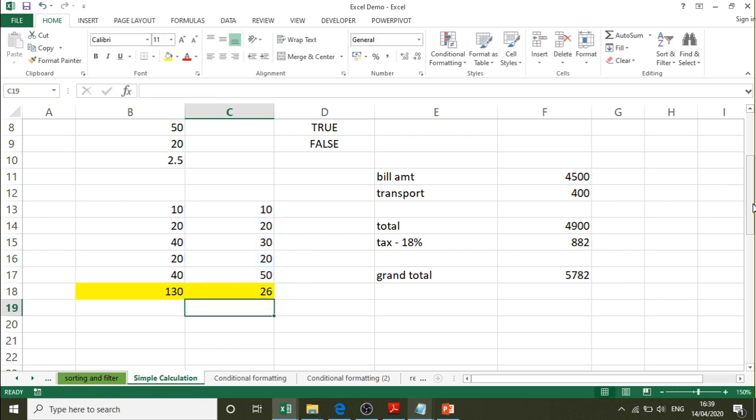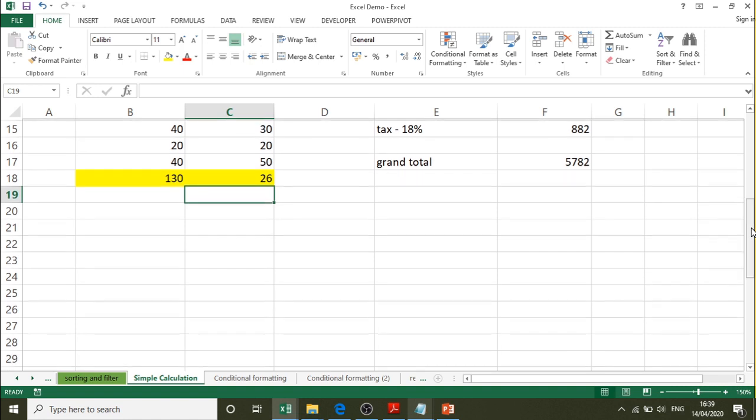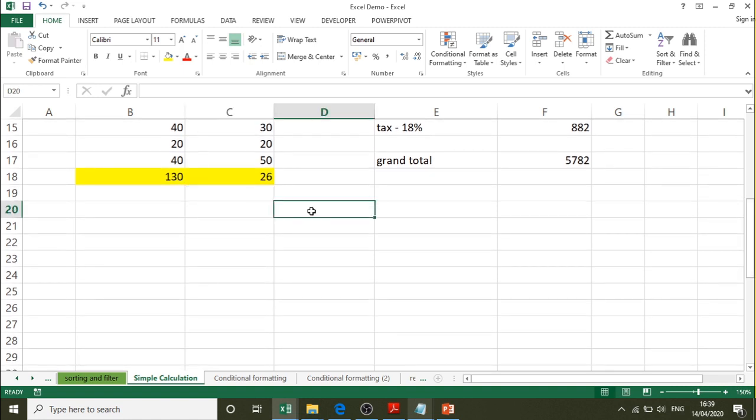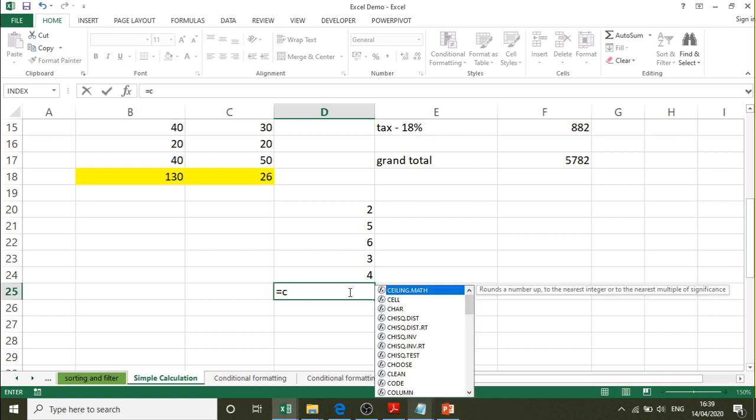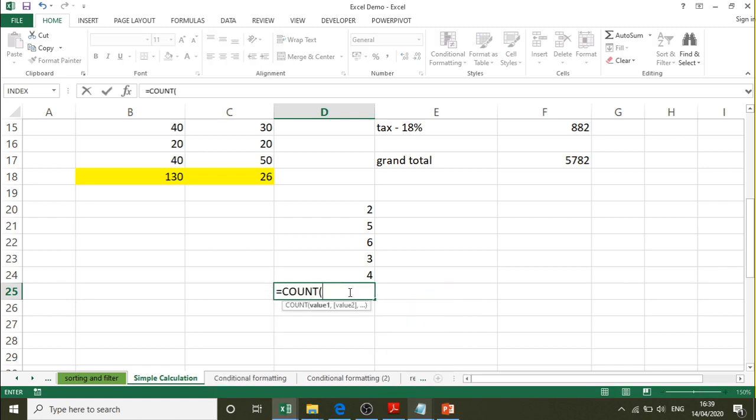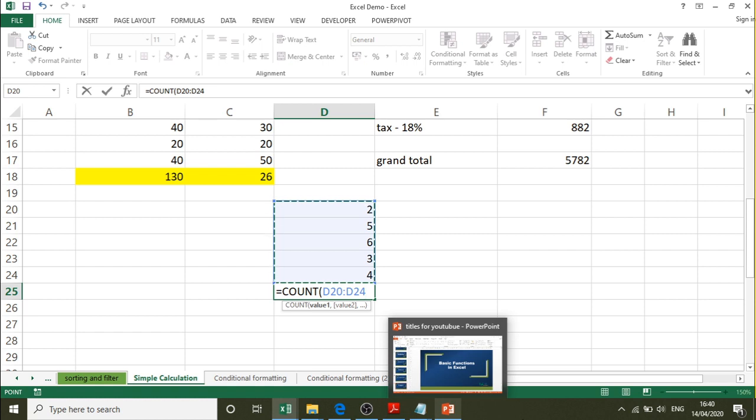Say, for example, to understand the count function, say we have some values here. How many values are there? 1, 2, 3, 4 and 5. That is nothing but count. It will give the count of numeric values that are present between the range of cells. The starting cell address is D20, the ending cell address is D24.